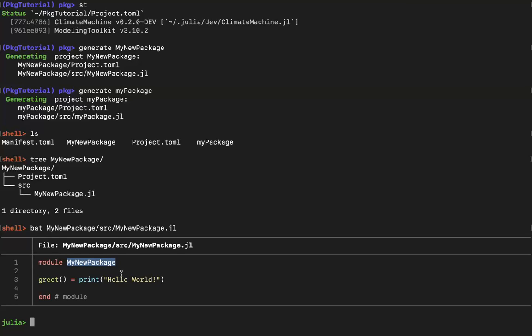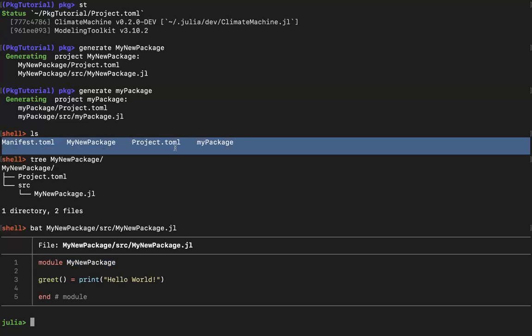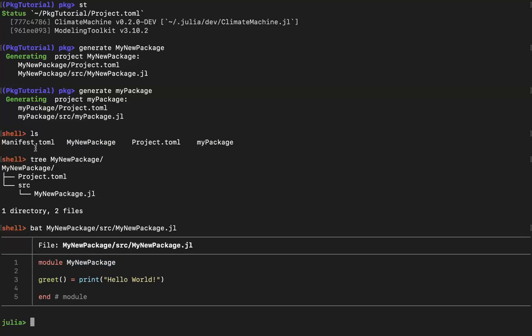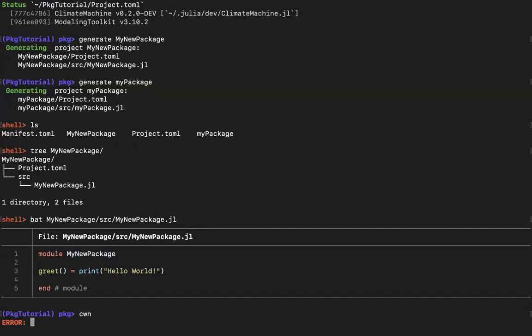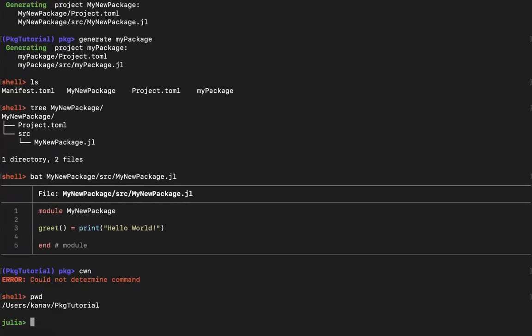Sorry, I'm a little confused about that directory structure. On top, the ls is listing project.toml already. And when you did tree, my new package, that project.toml is again inside my new package also. No, this ls is for the current environment. I'm currently in the package tutorial where I had declared a new environment. But inside this, there is a folder called my new package that contains a new package. So that outside project.toml is from the pkg tutorial, right? Yes, yes. Okay, thank you.